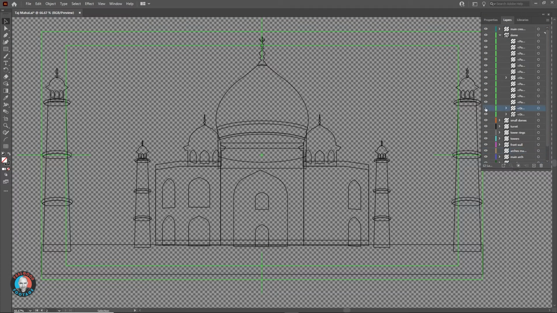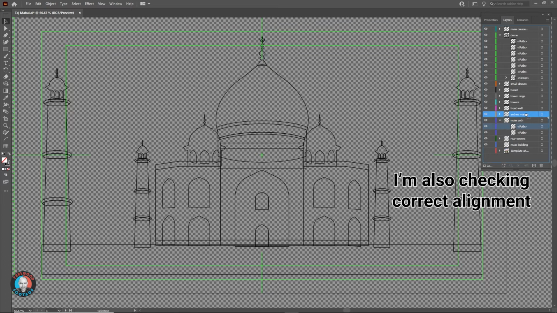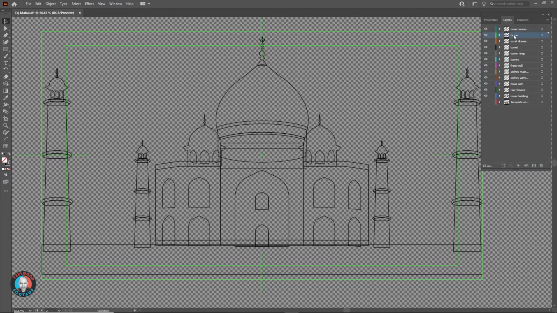However, when you bring the project into After Effects, you will only be able to animate different elements separately if they exist on separate layers within Illustrator. And you absolutely need that control. If it's just one layer, you can't differentiate. Right now, I'm not entirely sure what order I'll animate the layers in. I'll decide that in After Effects, but I definitely want to have options.